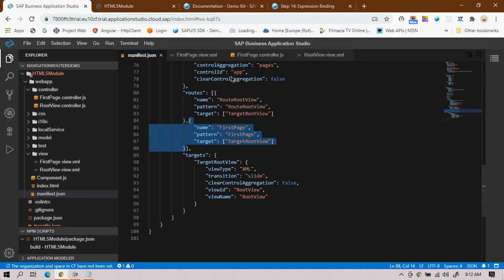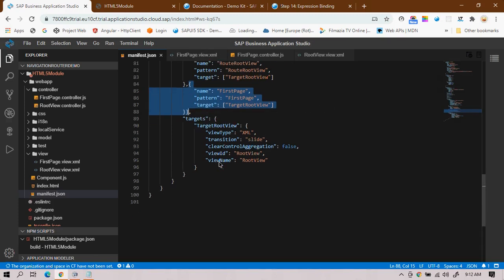Always remember, whenever you create a new view, first make sure that you navigate to the manifest.json, and once you navigate, you create a route for that specific view. And once you define the route, then you need to define the targets.